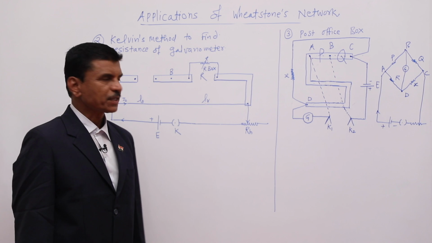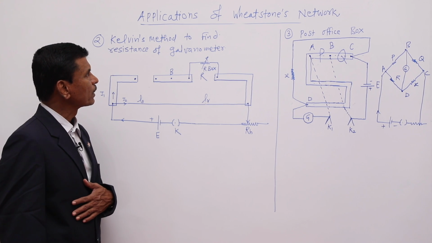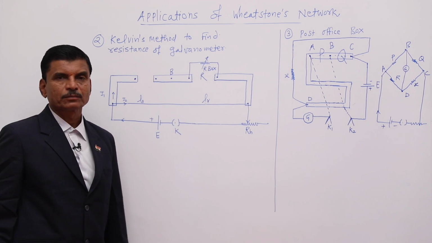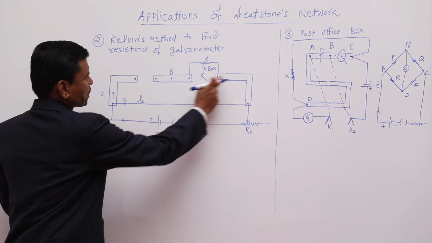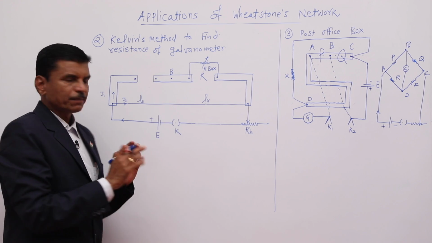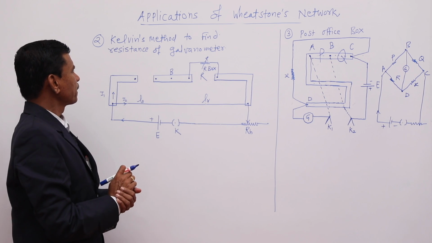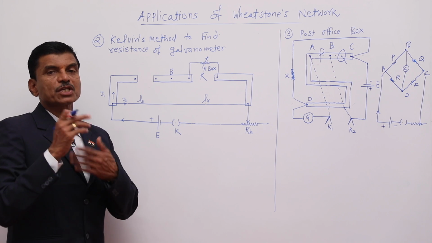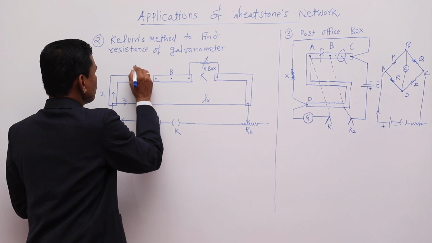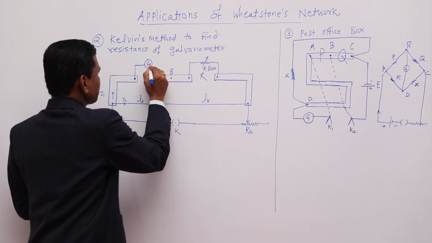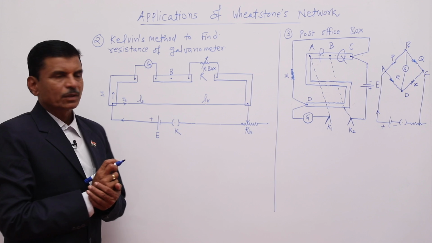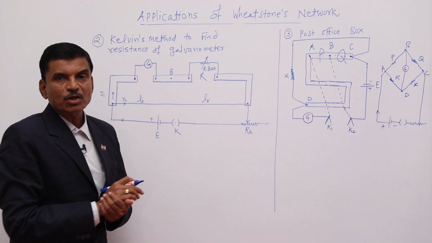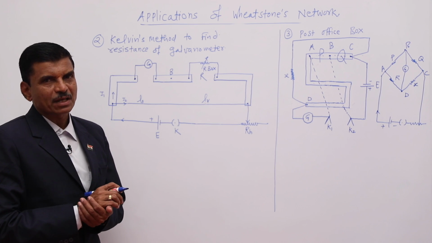Now I am discussing the second application of the Wheatstone meter bridge, and that is Kelvin's method to find the resistance of a galvanometer. Here I have drawn the meter bridge, 3 copper strips, 1 meter long uniform wire, current sending agency, left gap, right gap. We have to find here the resistance of the galvanometer. So it is unknown, so connect it in the left gap. In the left gap there is a resistance G. In the right gap we have connected a resistance box. We have drawn suitable resistance R from it.